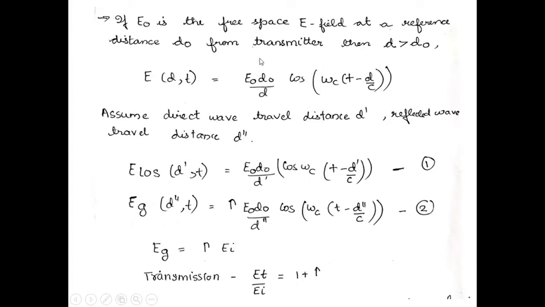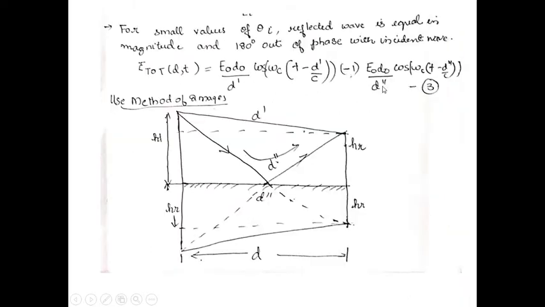If we modify this equation for our LOS with the distance of d dash, we get this first equation. And when we write for the ground reflected wave, we also have to consider the reflection coefficient tau. Here the reflection coefficient tau relating to its transmission coefficient is also given. So in this case we require the reflected component, and when summing both of them, we have to take that for smaller values of angle of incidence, the reflected wave will be equal in magnitude and 180 degrees out of phase with the incident wave.